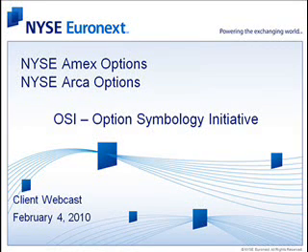I've got a question here asking if all the exchanges follow the same GTC procedures for consolidation. I would encourage you to reference the OCC website or contact the other exchanges directly. I know that some exchanges have talked about a window after the close for cancels. Some exchanges may be sending outs for deletes. I can't really give an accurate representation of what the other exchanges are planning to do. But I believe you can access that on the OCC website, and if not, I encourage you to contact those exchanges directly.